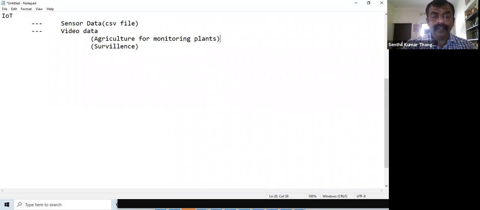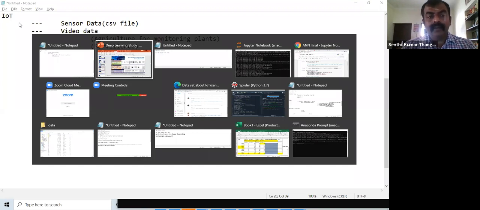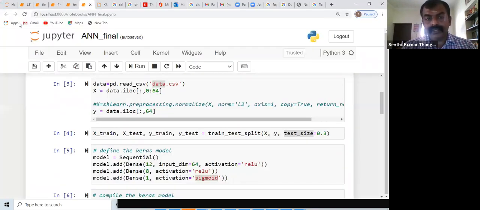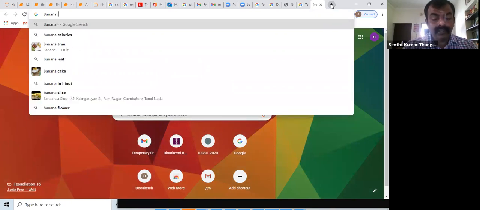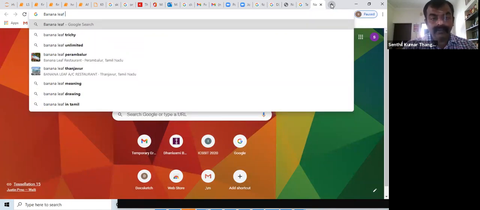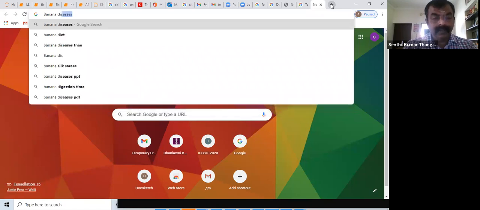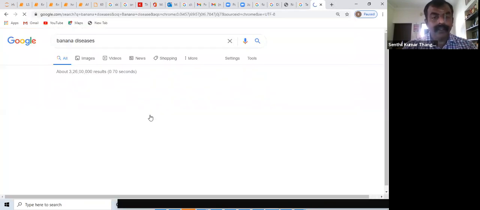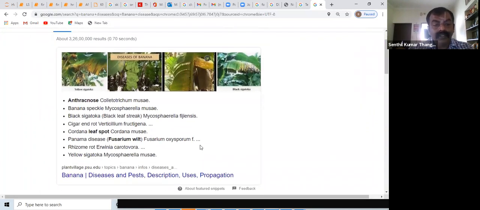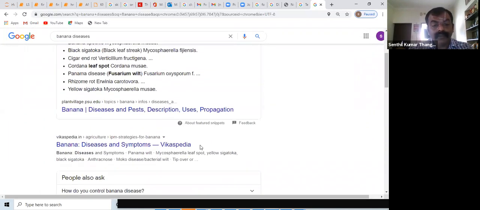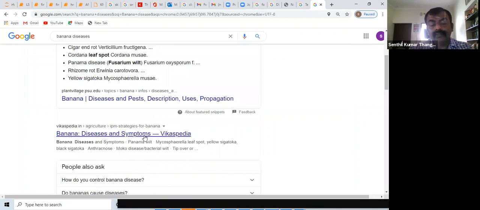Now here, where can all this be taken forward? Recently, when I happened to interact with one of the experts from the ICAR, Indian Council of Agricultural Research, they were trying to share a very important requirement of recognizing banana diseases, right? India is now facing a lot of threat from this disease, because the disease is getting spread among bananas.